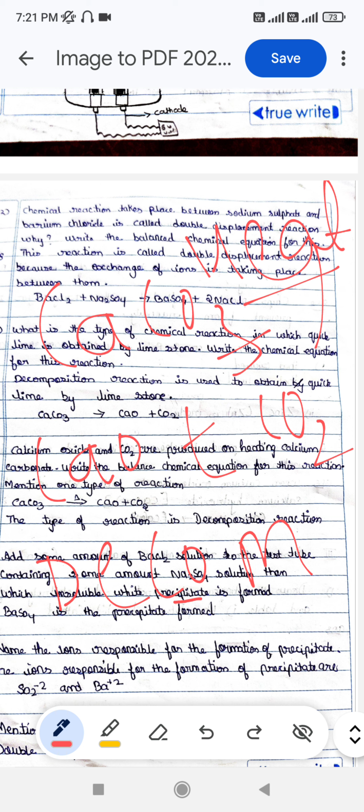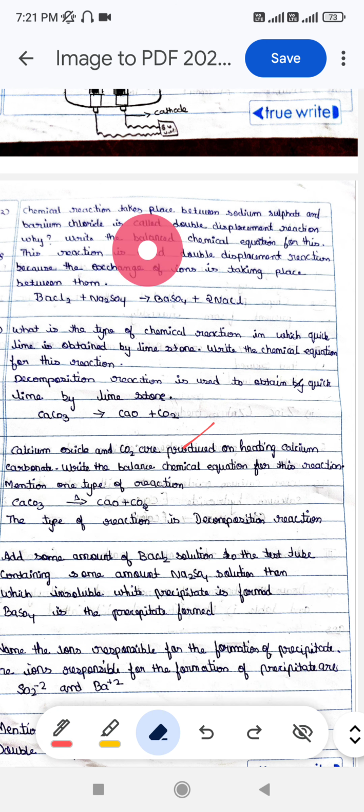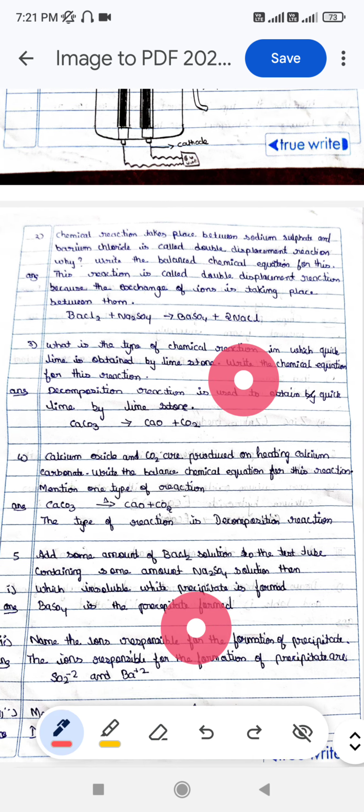The third and fourth are important repeated questions in your annual exam as well as the supplementary exams. Important questions. Next, the fifth question is